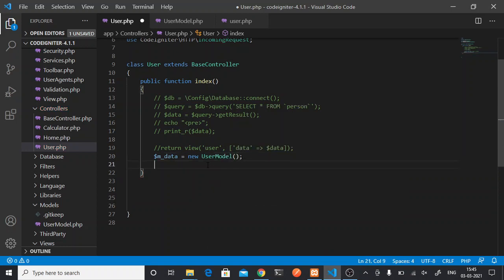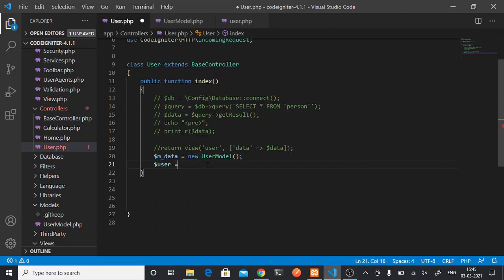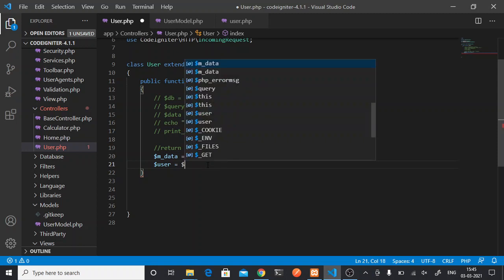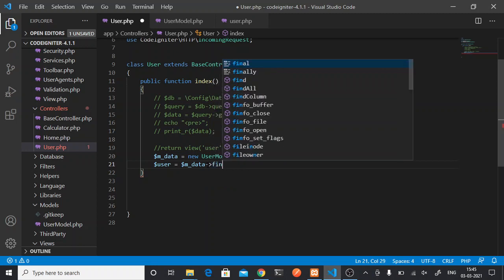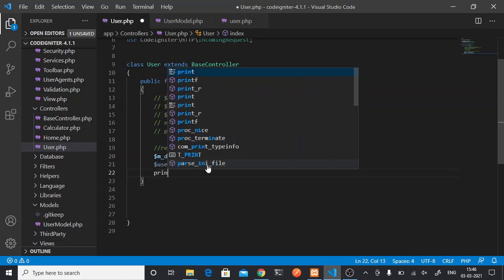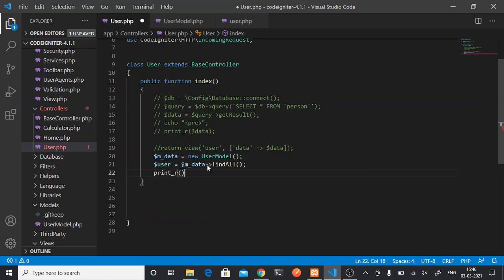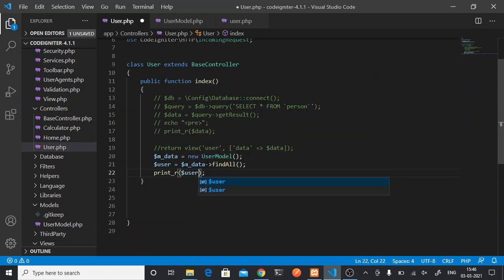So a new instance will be created and then you can fetch your data and store it in a variable. So $mdata and the method that you are going to use is findAll. Find all. This will fetch all the records from your data. So let's try to print it and see what we are getting. $users.